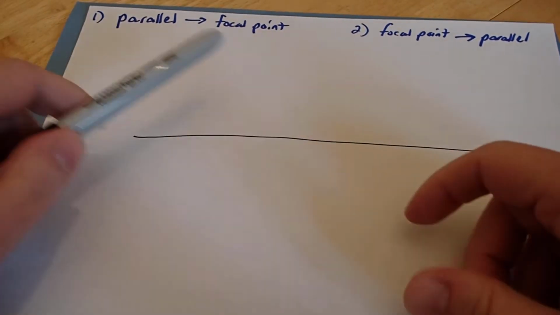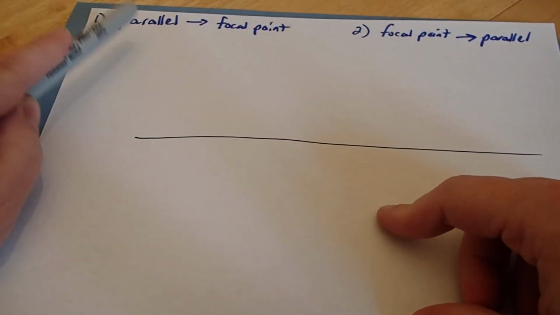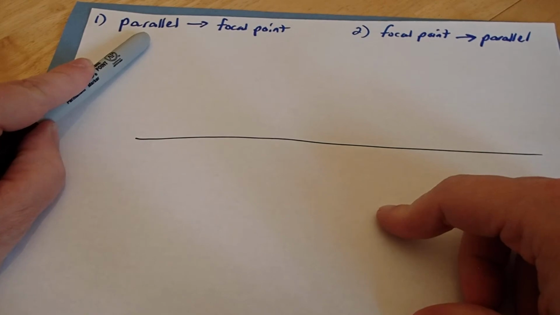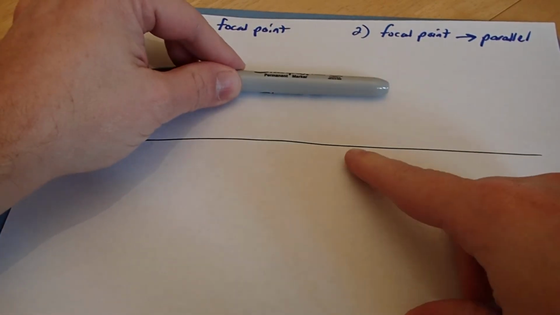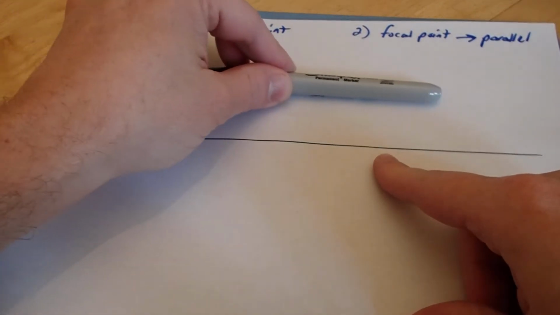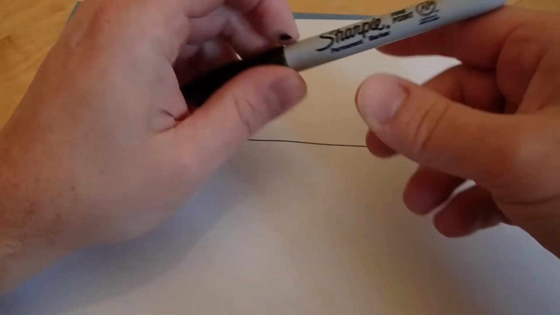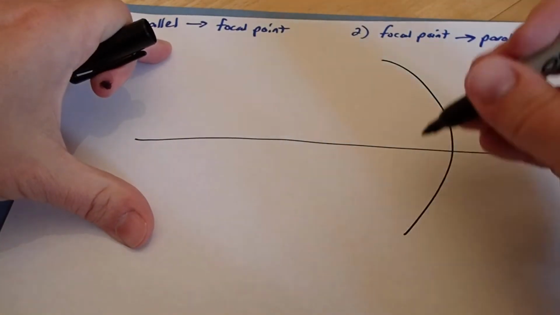All right, so there's only two rules. First of all, if light travels parallel, we all know what parallel is, right? This is parallel to the principal axis. I've already drawn the principal axis. If it's parallel, when it hits a reflective surface,